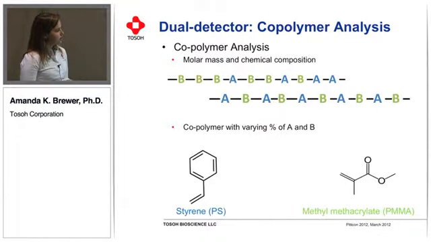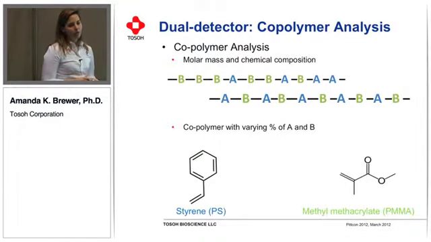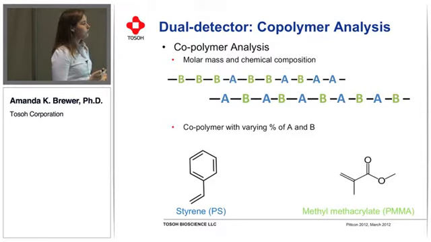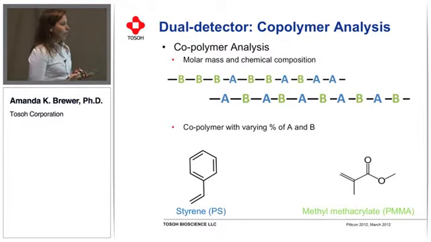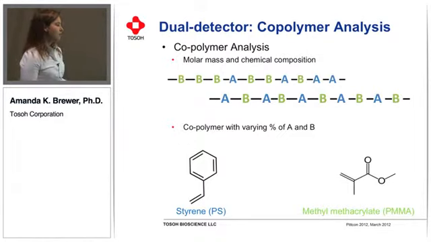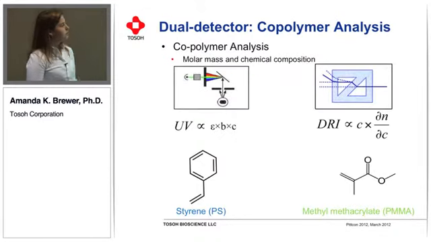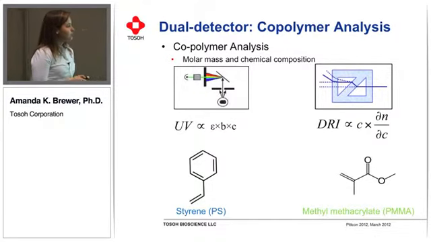And the two pictures that are depicted here just show that there are different types of copolymers. There's alternating copolymers, there's block copolymers, random copolymers. All of those can be used for this type of analysis, and we want to know how the copolymer is varying. So what is the percentage of A and B within our copolymer as maybe a function of the molar mass distribution. So what we do is we use both of our concentration sensitive detectors, and so just to review,